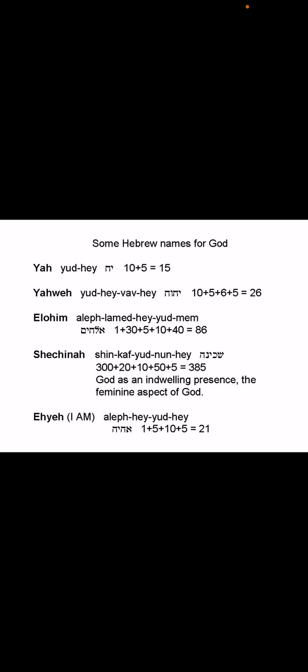Okay, moving on to the next name, we have the Shekinah. This name does not occur at all in the Bible, but it's used a lot in rabbinic literature. The root meaning of Shekinah is a word that means to dwell. And Shekinah, for the rabbis, meant God as an indwelling presence, a God whose presence we can sense or feel. Later, in Jewish mysticism, particularly in the Zohar, Shekinah also came to represent the feminine or female aspect of God. And this is because